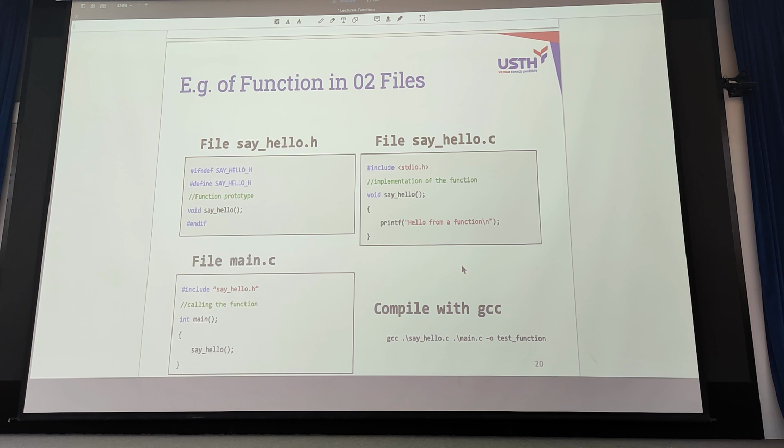And last year, among 630 students, there were only 5 students who could organize the code into separate files like this.